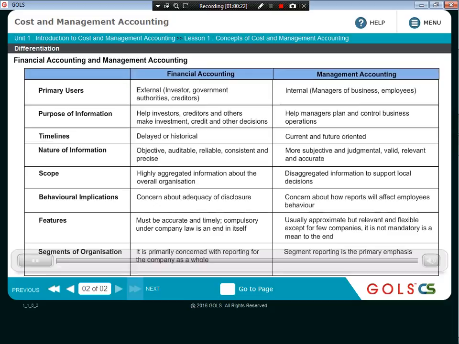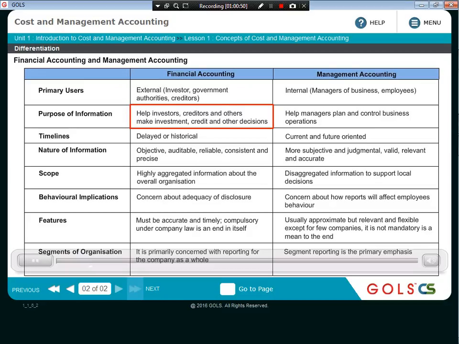Let us see the difference between financial accounting and management accounting. The primary users of financial accounting are external users: investors, governments, authorities, creditors. Management accounting information is basically for internal purposes: managers of a business, employees, etc. The purpose of financial accounting information is to help investors, creditors and others make investment,